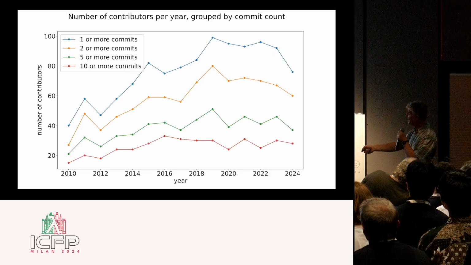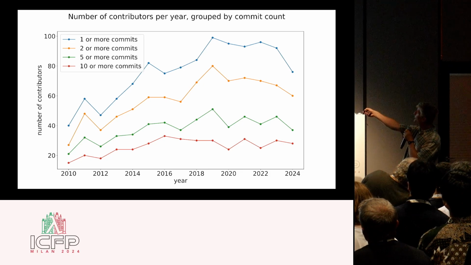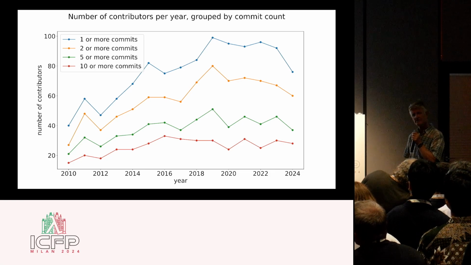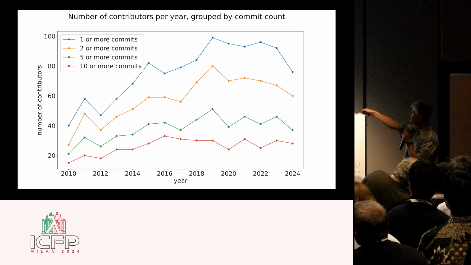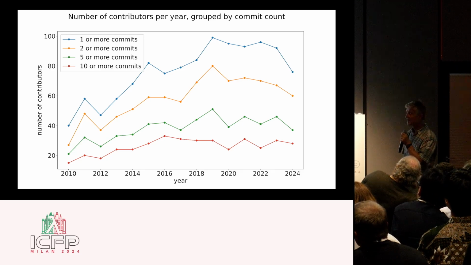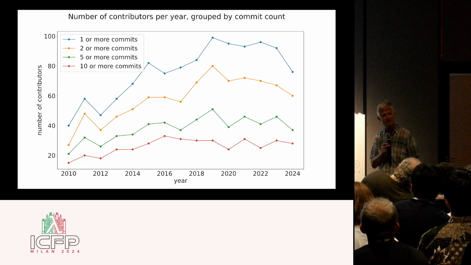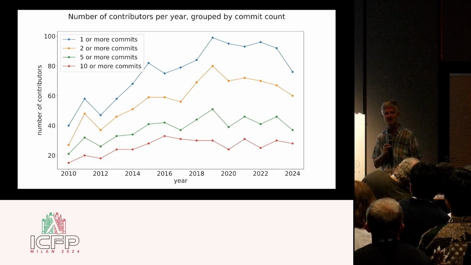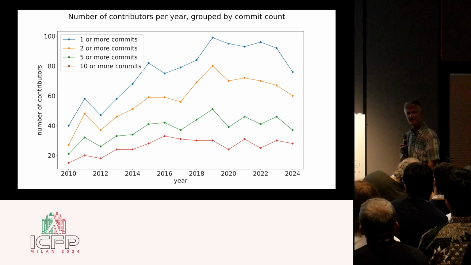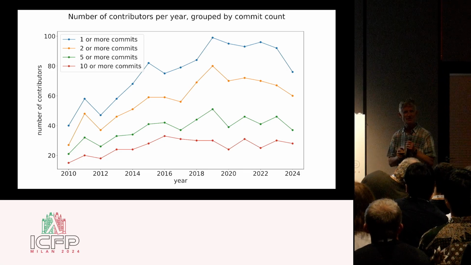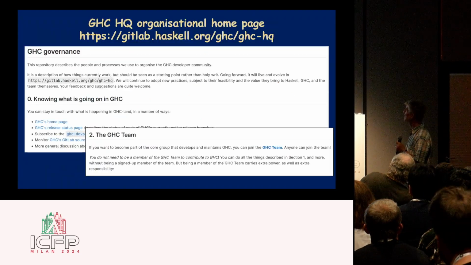Here are some figures that Ben produced for the number of contributors. Now, I think the figures this year look down, but we're only partway through the year, so we haven't finished. But I think the picture here is fairly self-explanatory. This is the number of people who've made one commit, the number of people who've made 10 or more, and so forth. So what does this say? It says there's a significant but not enormous base of people who contribute directly to GHC's code base. I'm so grateful to all of these people. It's just fantastic to work with such a good group of people. But I would love more of you to contribute, and